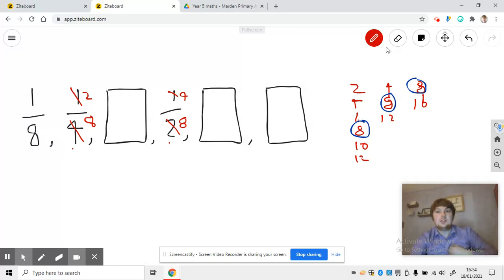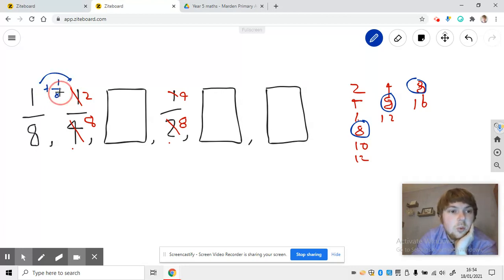So this time we can see that we're actually going up in this pattern of 1/8, 2/8. Well, then we need to consider, what do I do to 1/8 to get to 2/8? And that would be to add on 1/8. So 1/8, 2/8. Well, what would be 2/8 add